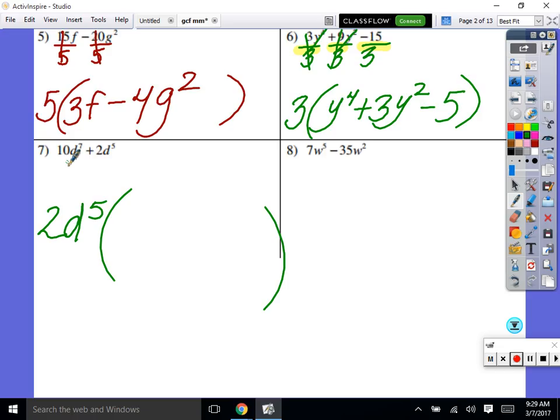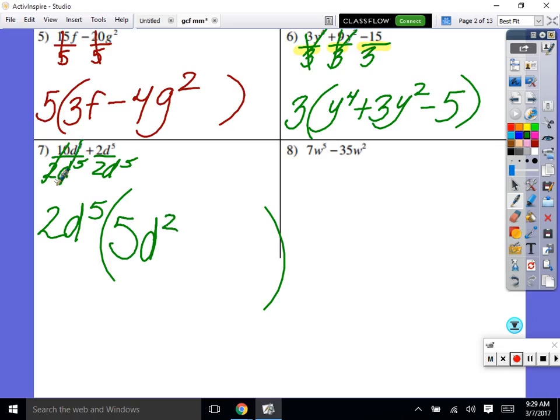Now go back and literally divide each term by that. So 2D to the 5th, divide by 2D to the 5th. And now focus in sections. 10 divided by 2 is 5. D to the 7th divided by D to the 5th is D to the 2nd. Now,